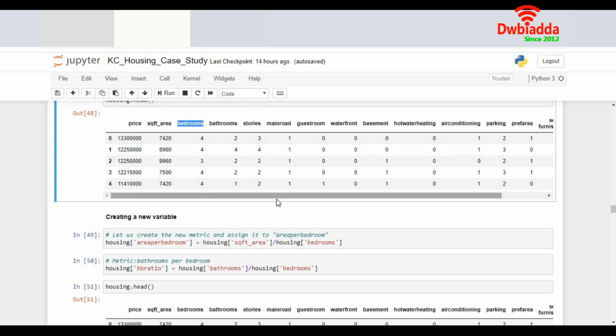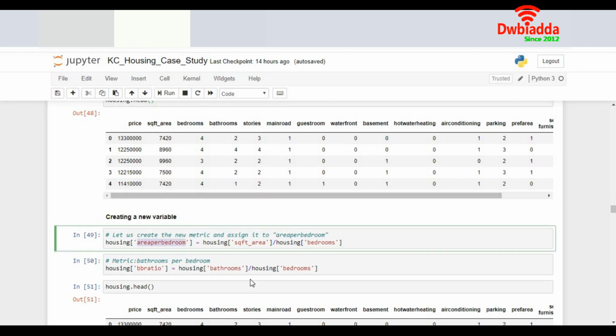So I can compute the area per bedroom for each flat. This could be a driving factor for my price prediction as well. So I just add one more column which says area per bedroom, and I divide the square foot area by the number of bedrooms. So now that gives me the area per bedroom, and I believe that could be a driving factor which will have an impact on the pricing of the house.